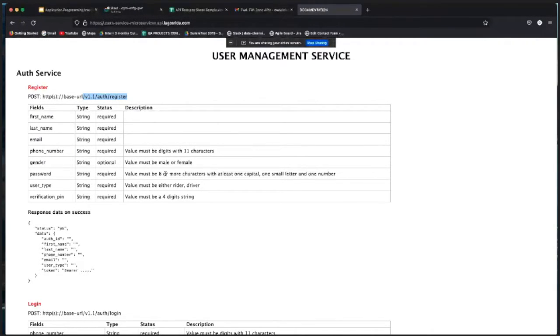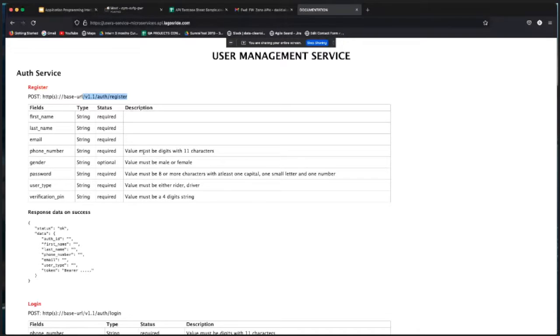And as seen on the screen, they are giving descriptions. For the username field, they said once you pass in the username, you need to add the name, and the description for phone number says phone number must be 11 digits. If the phone number is more than 11 digits, it's going to give you an error response message saying value must be 11 digits.